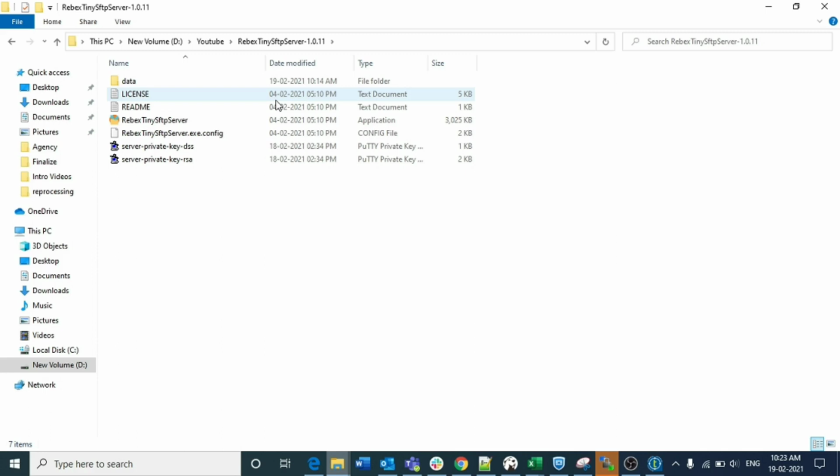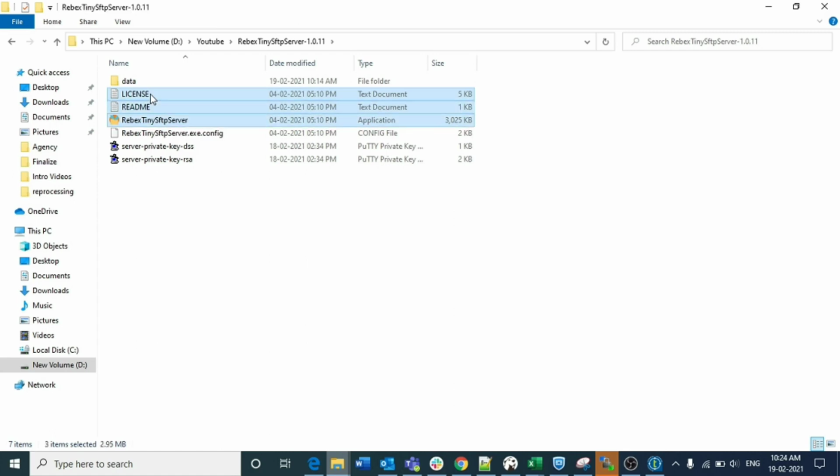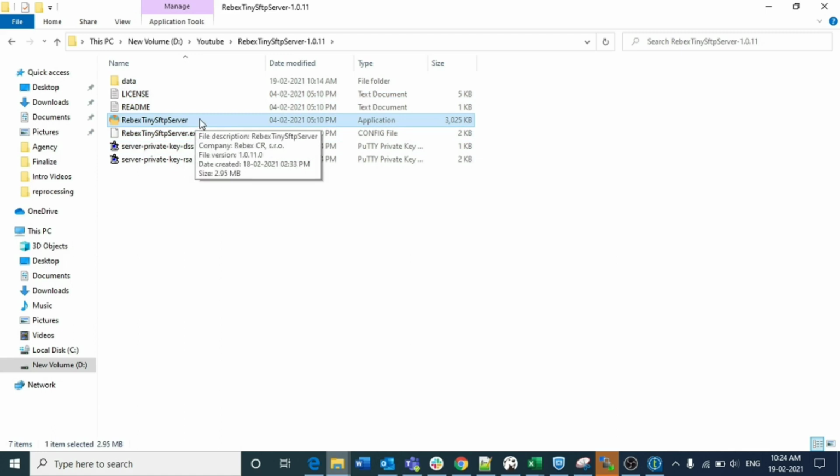It will provide a total of three IP addresses. If you want to download it on your local system and test the FTP components in Talend Studio, just type Rebex Tiny SFTP Server in Chrome, download that server to your system and extract it. Once you extract it, you will get a total of four files: license and readme, and then Rebex server and Rebex config. When you double click on this particular application, it will automatically create